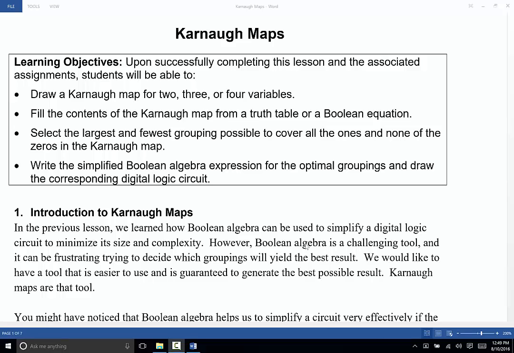Today we're going to talk about Karnaugh Maps, which are by far the most powerful tool in all of digital logic design. I think that if you spoke to any upper class ECE student or to any professional electrical or computer engineer, digital logic designer, they would definitely agree that Karnaugh Maps are an incredibly powerful tool. Karnaugh Maps are going to eliminate the need to do an awful lot of Boolean algebra, which, if you've just completed the assignments for the previous lesson, will probably be good news for you, because it means that we'll be